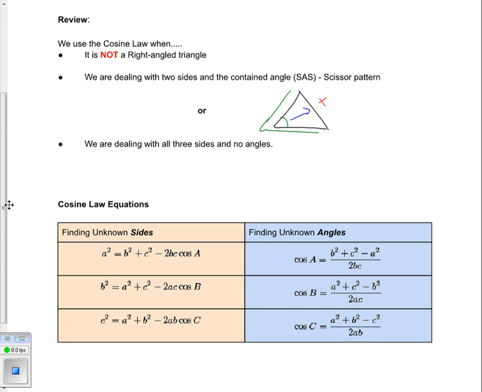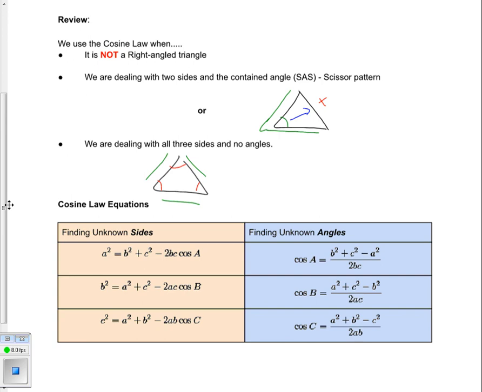The other time that we can use the cosine law is when we're actually dealing with all three. When we're looking for an angle, we don't know any of the angles, so we don't know that angle, or that angle, but we do have the length of all three sides. And if you have the length of all three sides, then you are able to make use of the cosine law. The other thing is that we talked last day about